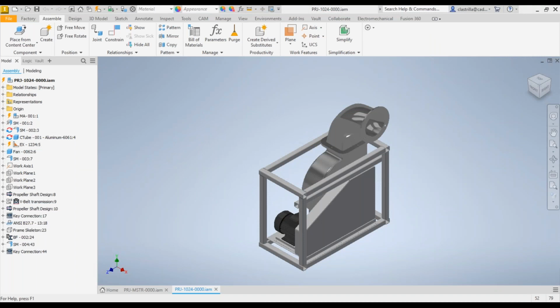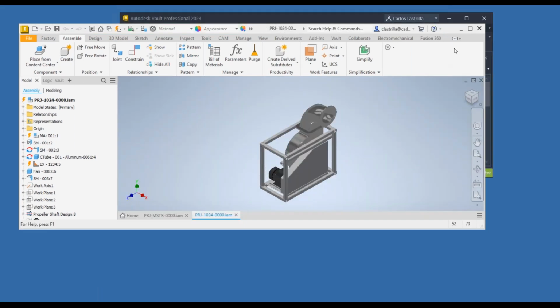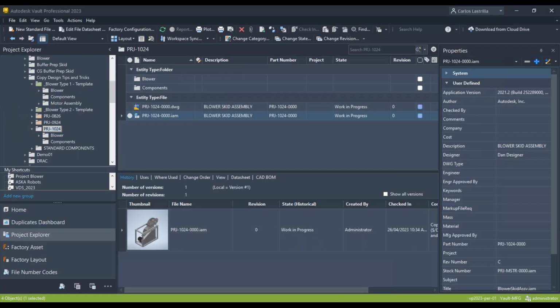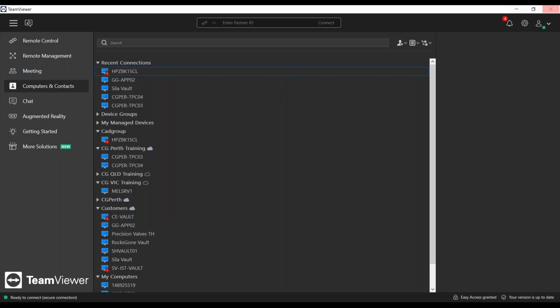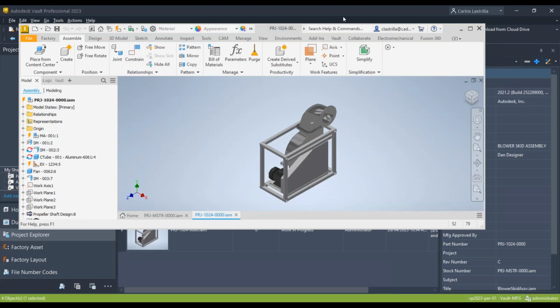It seems my Inventor is frozen. Let me just cascade my windows. No, everything's there. Something's caused my Inventor to freeze. And oh, there it is. Oh, where's the path? It's actually gone. Close. Anyway,